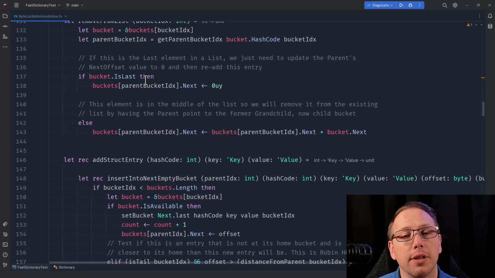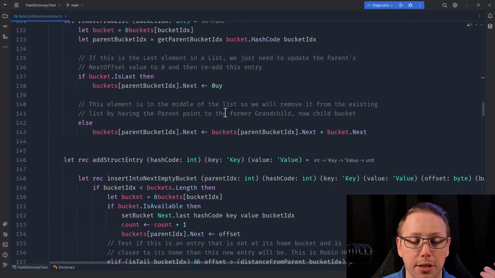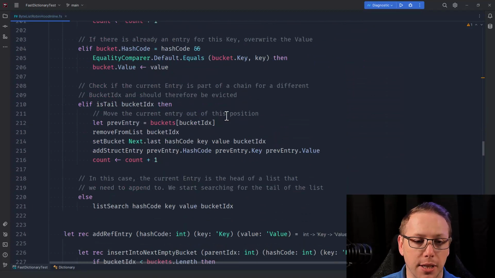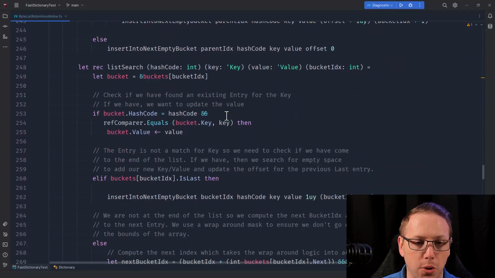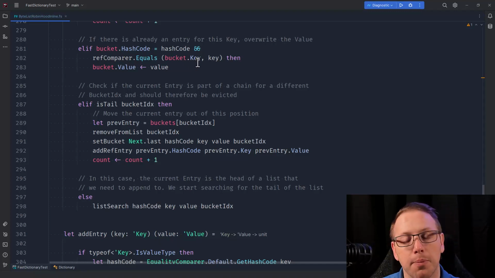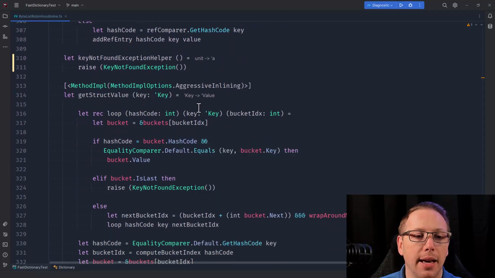And that is perfectly fine. I'm not saying this is bad. I'm not saying this is wrong. I'm just saying when I look at this, I start to get confused as I'm scrolling and scrolling, and I have all these different functions for adding entries, looking up entries. I have different functions for if the key is a struct type, like a value type, or a reference type, which means that the dictionary class definition is quite a few lines of code,